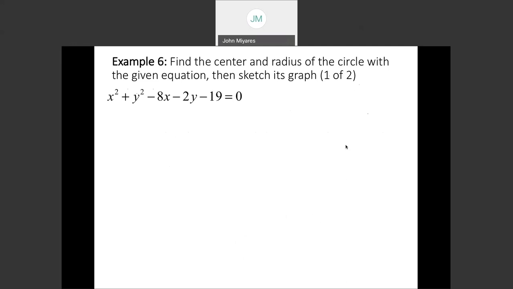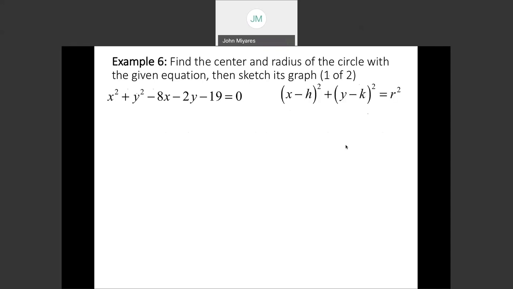So here's the last example, and it's pretty similar to the one we just did. Find the center and radius of the circle with the given equation and sketch its graph. The equation we're working with here is x squared plus y squared minus 8x minus 2y minus 19 equals 0. The strategy is exactly the same in that we're going to complete the square for both x and y, but